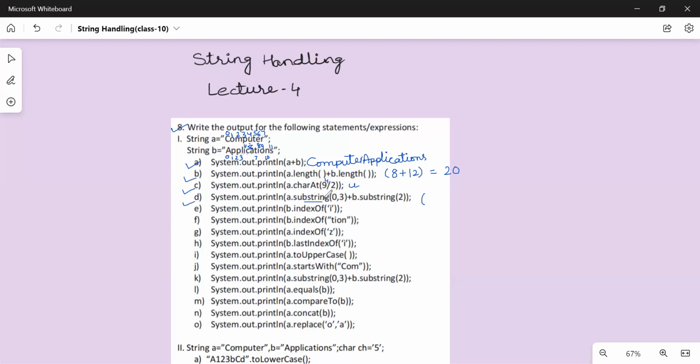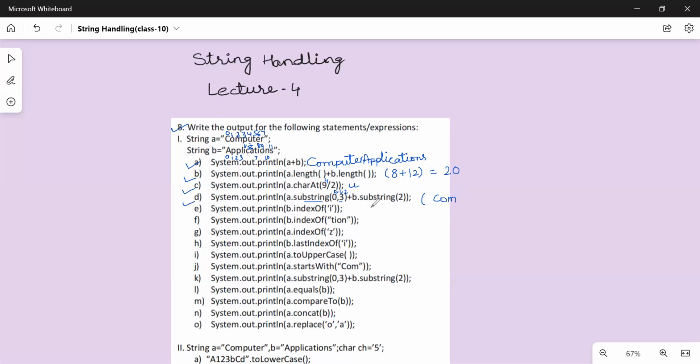This function will extract all the characters of A starting from 0 till 1 less than the second argument. So it will extract characters at index 0, 1 and 2 only. Fine. So the characters at 0, 1, 2 are COM,